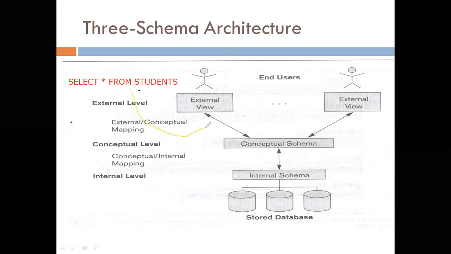So this command will be transferred to the conceptual schema. The conceptual schema will modify the command that is sent, according to how it is stored or mapped in the database. As a database user, we will not get to know this. We will only send this particular command.